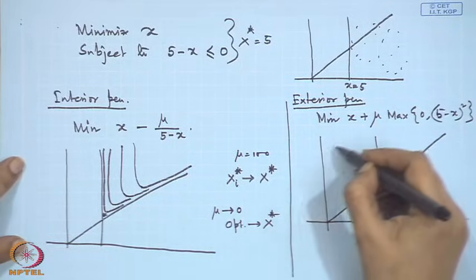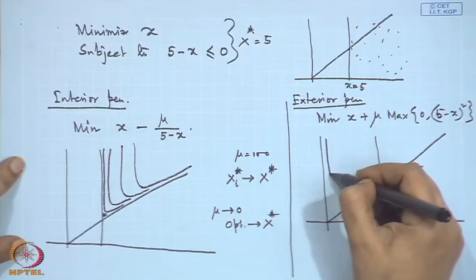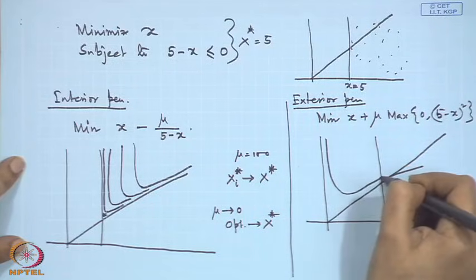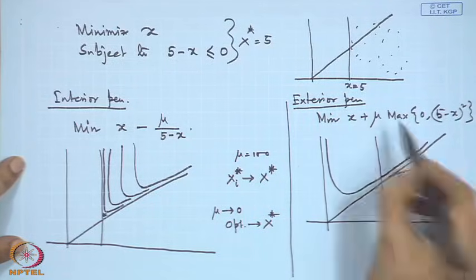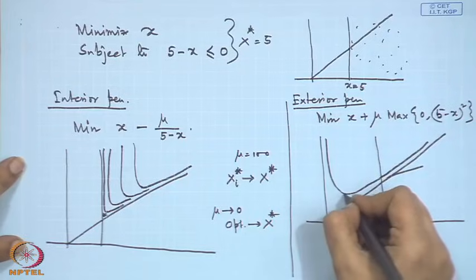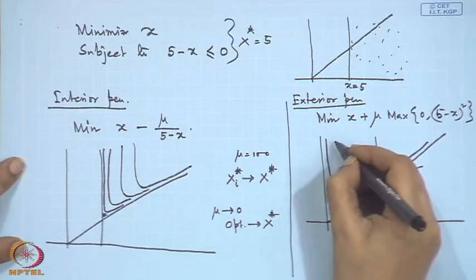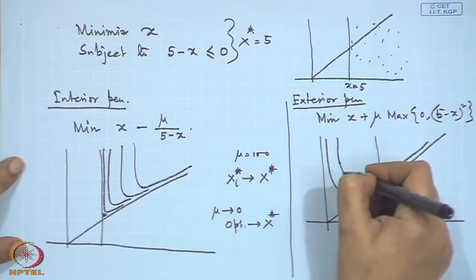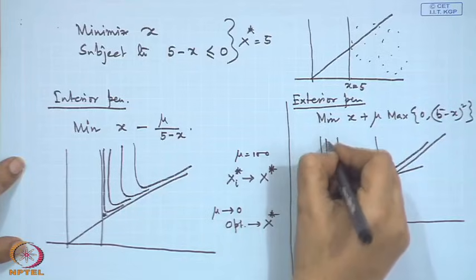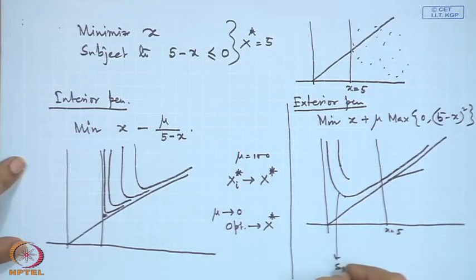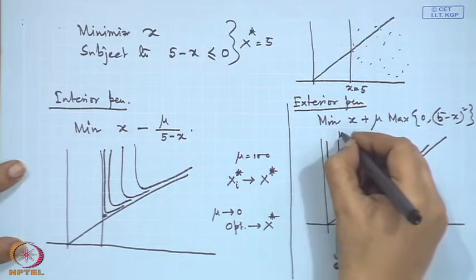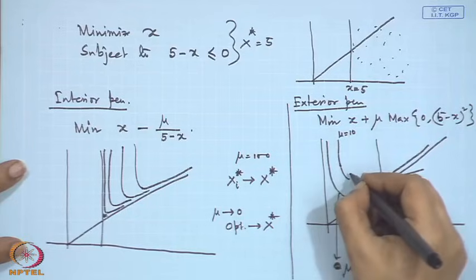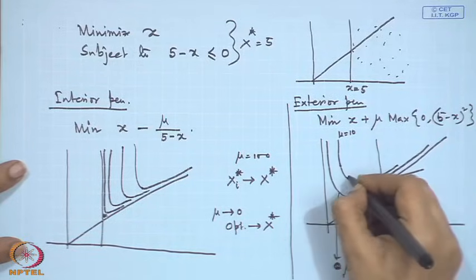For large mu, this is the function, and certainly the optimal will come here, and for a very small mu, say mu equal to 0.1, and if we move to say mu equal to 10, then this is another function,